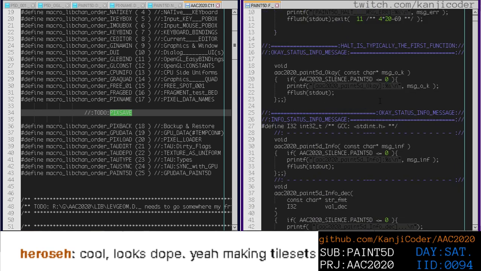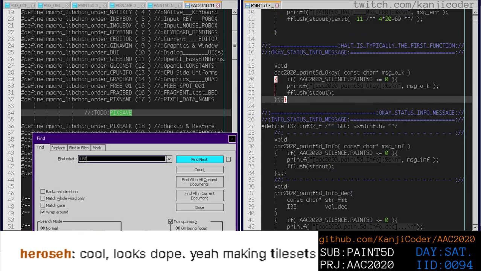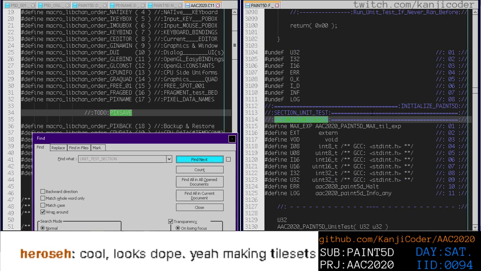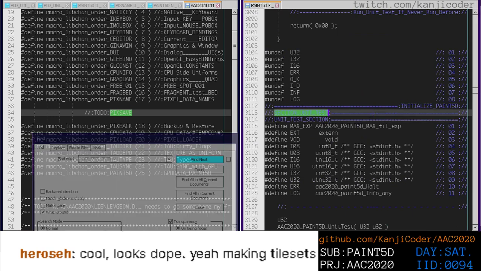First thing we need to do is just look for the unit test section in this code and put the new code directly above the unit test section, right? So we have this unit test section. Everything beneath here is unit test. You'll see that we're at about line 3000. And if you look at my little scroll bar over here, the unit tests are more than half of this code, which really is